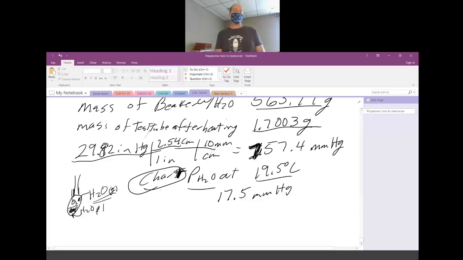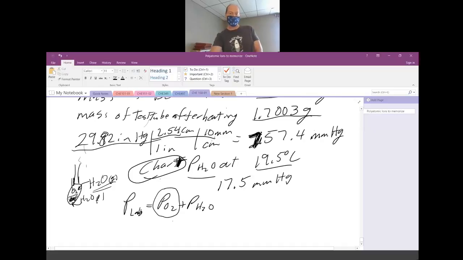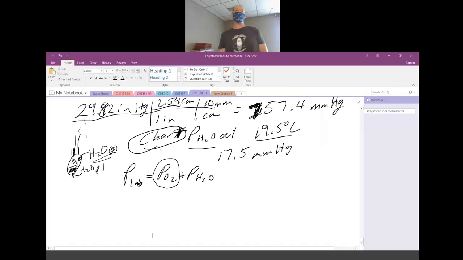All right, so for the pressure total, Dalton's law of partial pressures, the pressure of the lab is equal to the pressure of the oxygen plus the pressure of the water. And so when we're doing PV equals nRT, we want oxygen: pressure of oxygen, moles of oxygen, volume of oxygen, temperature of oxygen. So we don't want the pressure of the lab, we don't want the pressure of water, we just want the pressure of oxygen. So you plug in your numbers,